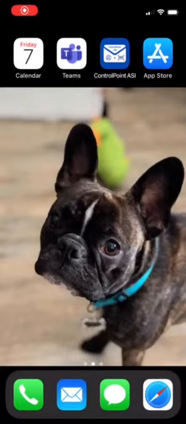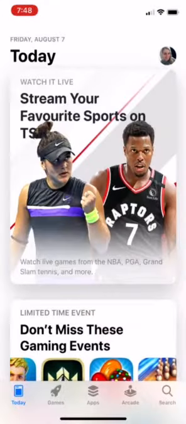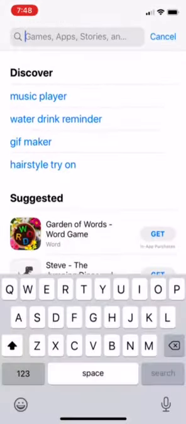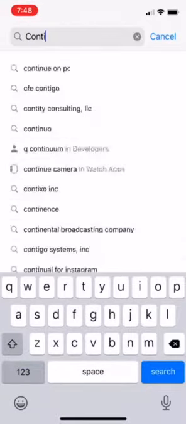Today we're going to talk about how to install the MSC Controlpoint ASI application on an iPhone. So first you're going to go to the App Store. If this is an Android, then you're going to go to the Play Store and then you're going to type in Controlpoint